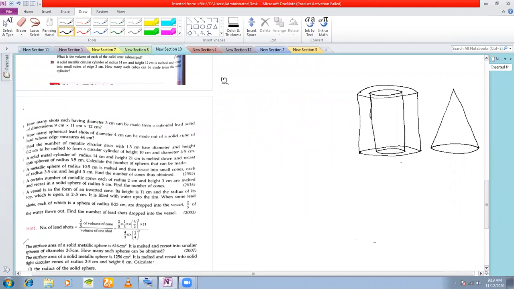The hollow metallic cylinder tube has internal radius 3 centimeter. Clearly this internal radius is 3 centimeters, and height 21 centimeters. So this height is 21 centimeters. What is the material? The shaded region is the material. Remember, you have a cavity inside. The part that I'm not shading is actually the cavity part. That is the hollow part inside.